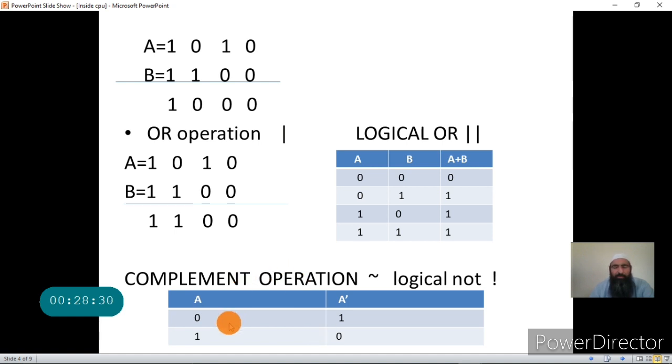Now the same thing can be done for a logical NOT, but there you have the truth values. If A is false, by using a NOT operation on it, it will be converted to true, and if A is true, by performing a NOT operation on it, it will be converted to false. Now the symbol for the operations. For bitwise complement, we have a tilde character, and for logical NOT, we use the exclamation symbol. Bitwise complement operation is performed on the bits, but the logical NOT is performed on the truth values, like logical OR and logical AND. I hope this is clear.